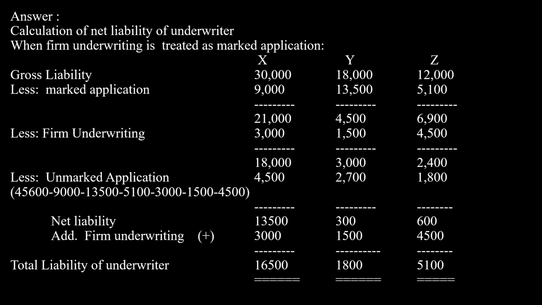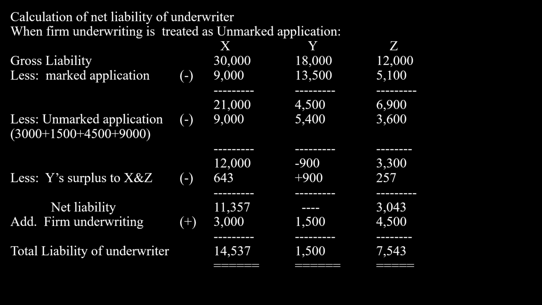Now let us see how it works out when the firm underwriting is treated as unmarked application. As you start from the beginning, gross liability for X, Y, and Z is 30,000, 18,000, and 12,000. Less marked application, as we did earlier, 9,000, 13,500, and 5,100. Next, we are going to subtract the unmarked application. Earlier, the unmarked application was